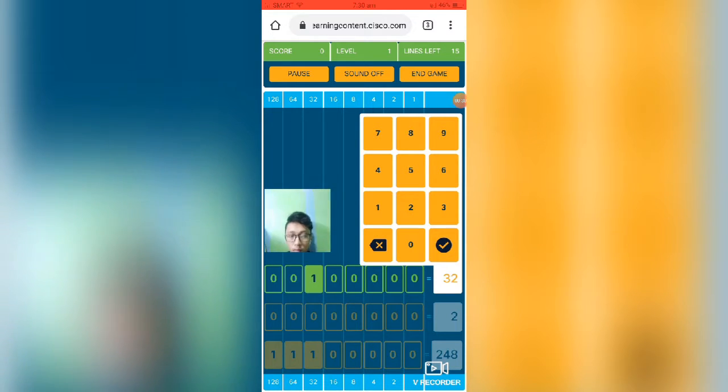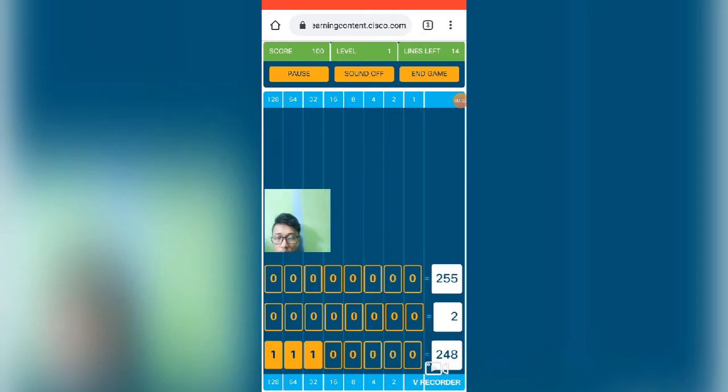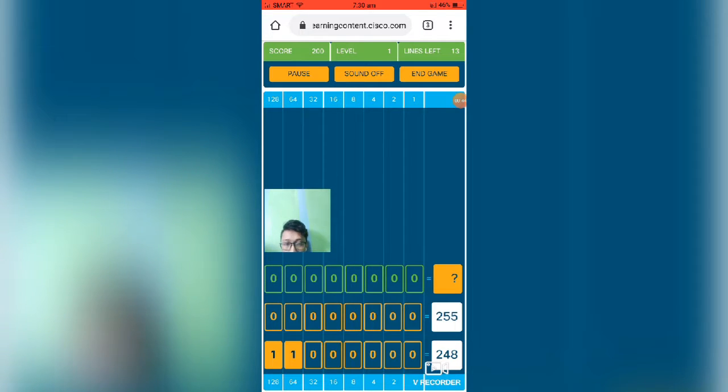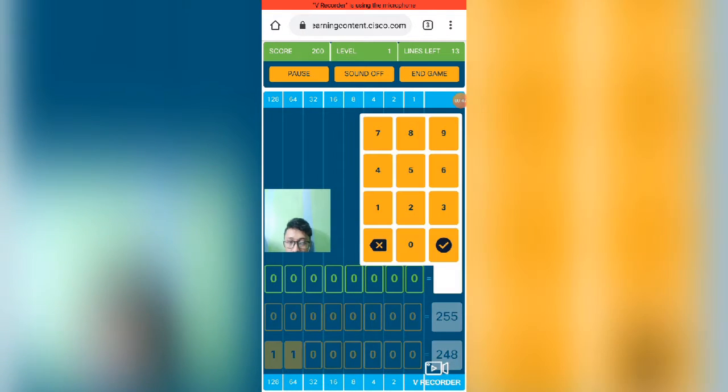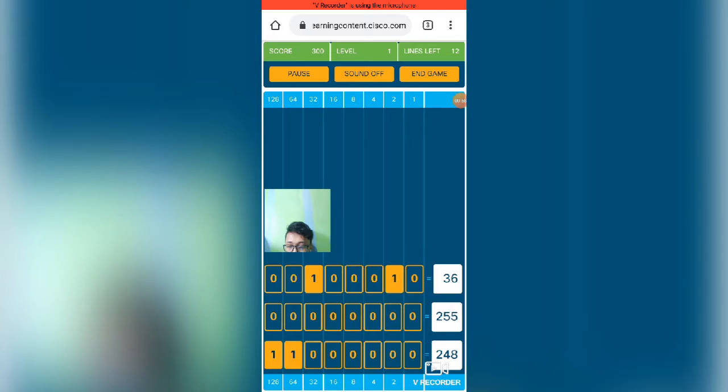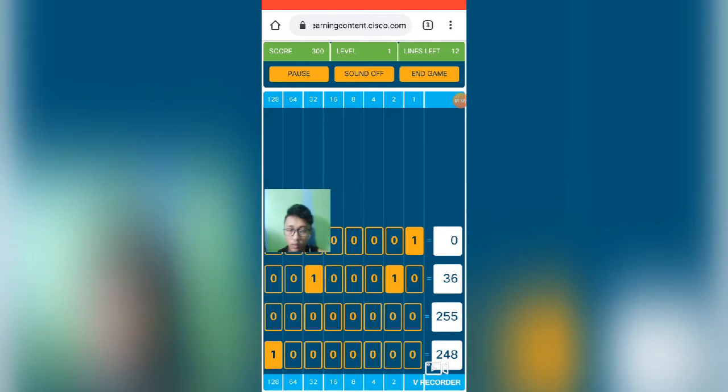32, and the answer would be this, 248. We're going to use the calculator for us to resolve this faster. So 128. So this is not this. So 128 plus